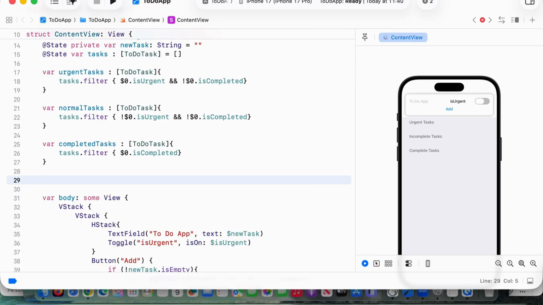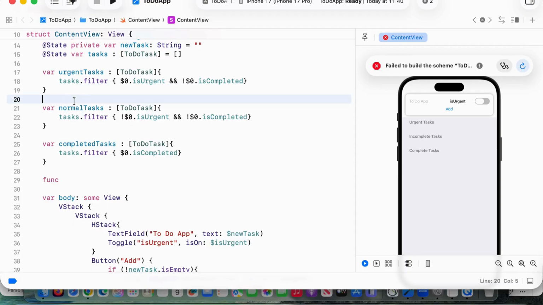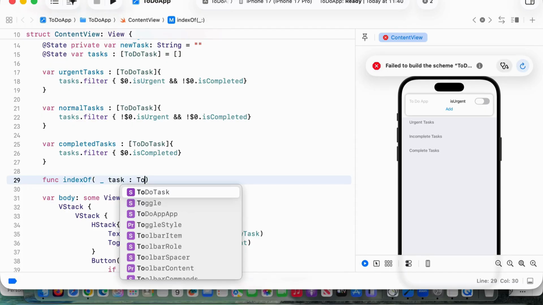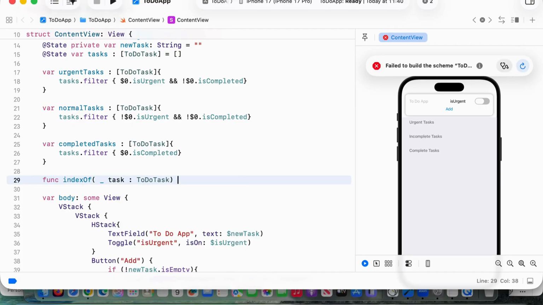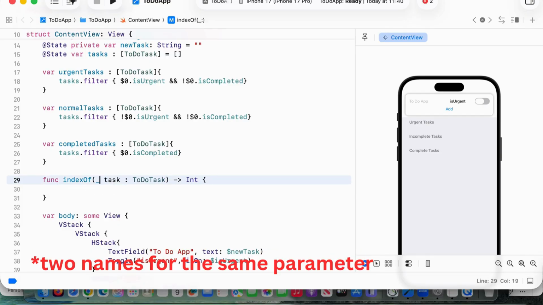In order for that to work and refer to those tasks in those lists, I need a function which is index of, and help me to provide a task, and this is going to give me, which is here a to-do task, the index of that task in the array, right? In the original array that I am working with, right? So by the way, those are 2 parameters in Swift. This is common. The first parameter to be used for outside when we are calling the function, and the second parameter to be used within the body